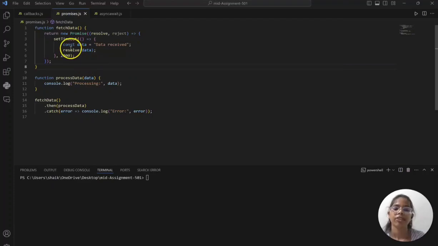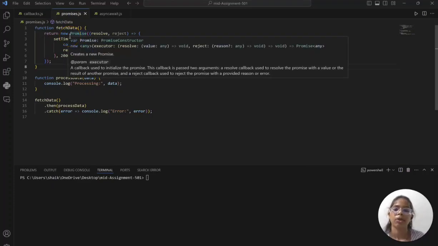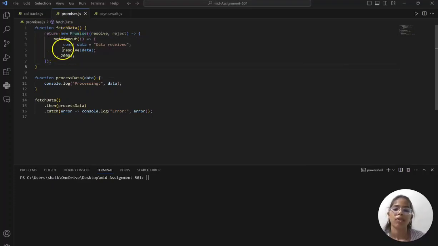Here, the fetchData function returns a promise. Inside the promise, a delay of 2 seconds is introduced using setTimeout. After 2 seconds, the promise is resolved and it returns an output, that is data received.